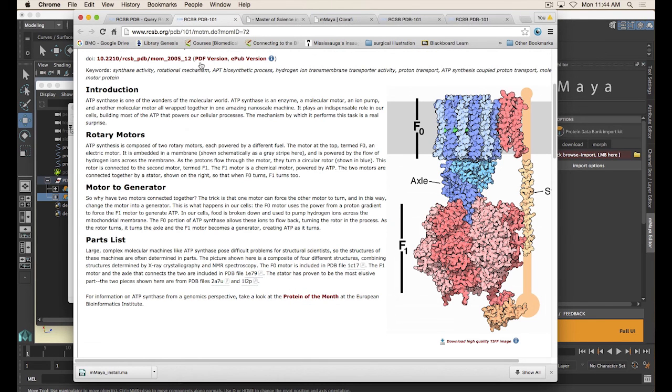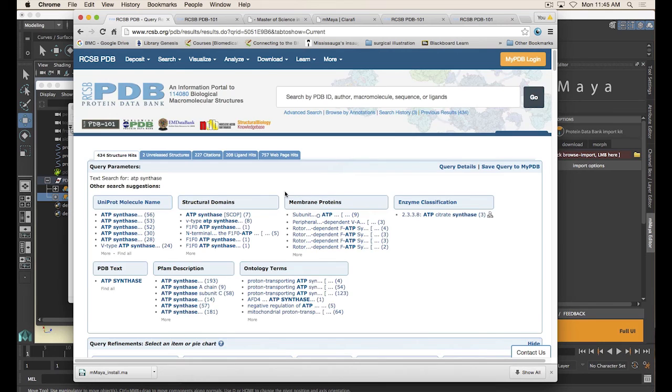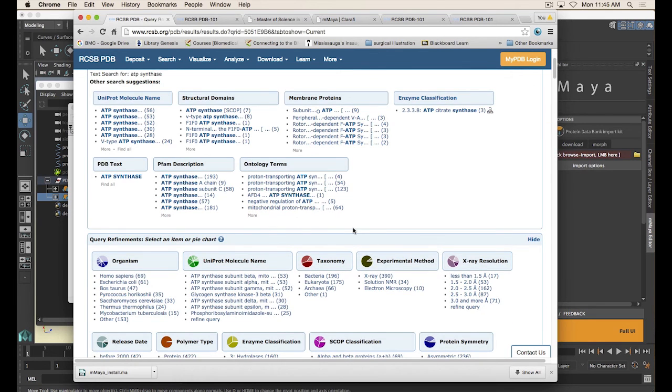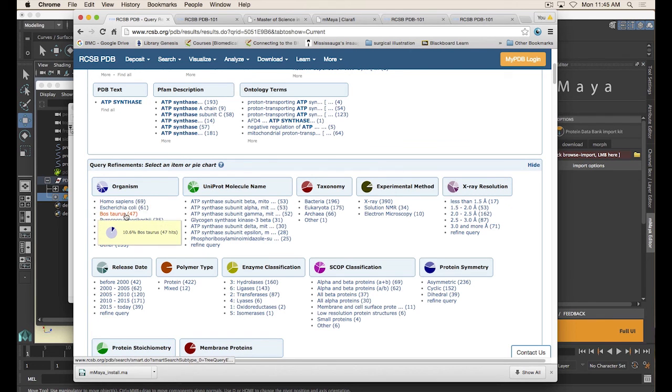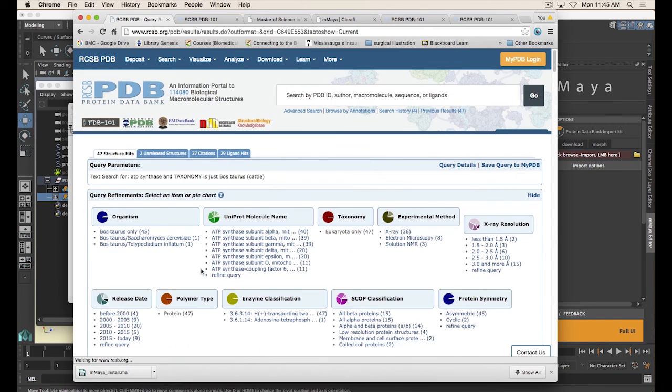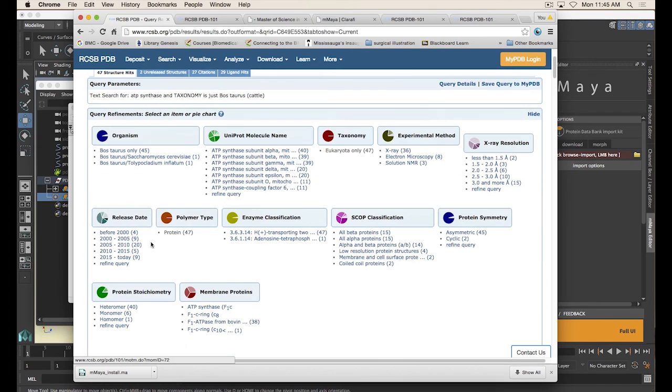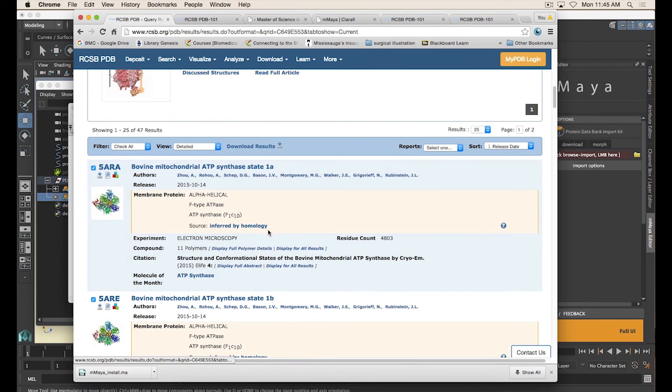So do a little bit more investigation. Maybe we want something that's representative of a mammal. We could try Homo sapiens, but I did a little searching, and if we look for Bos taurus, which is a cool Latin name for the cow, we